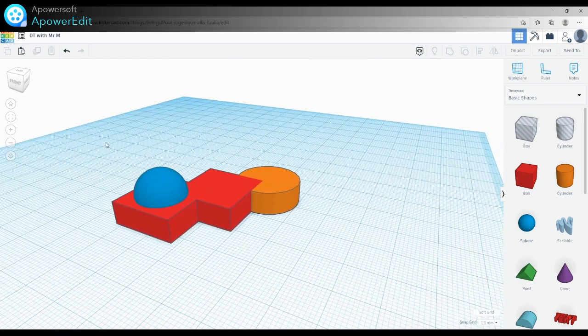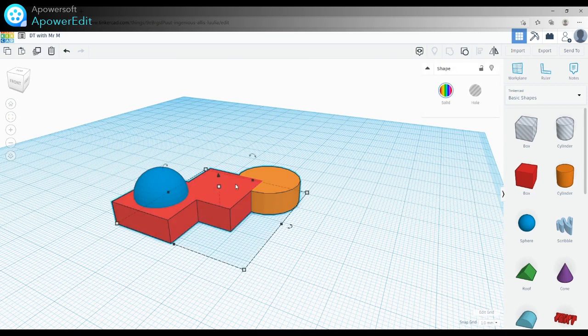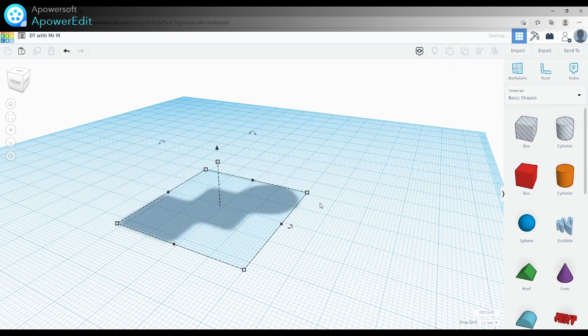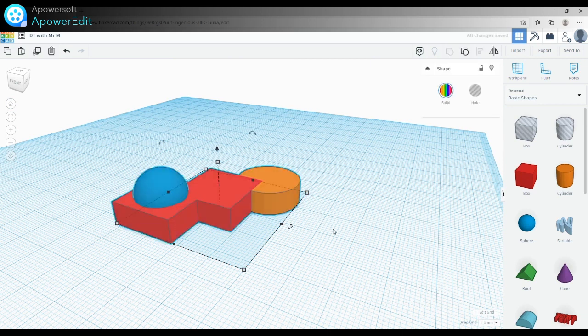And again, I can continue now. I've got my one group. I can also select this, which shows it as two shapes, and I can again group it, and I can continue to do this to build up my different shapes. What I can also do